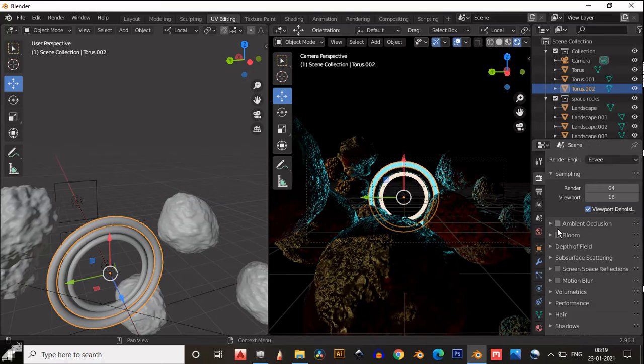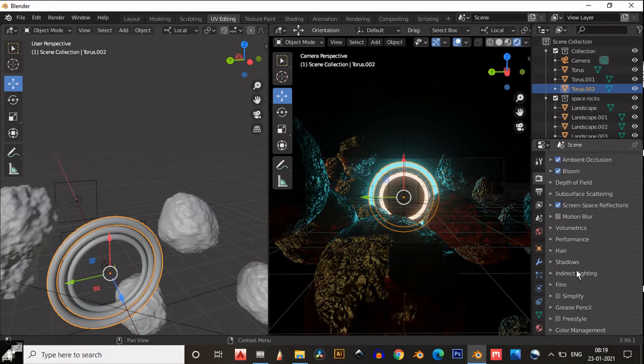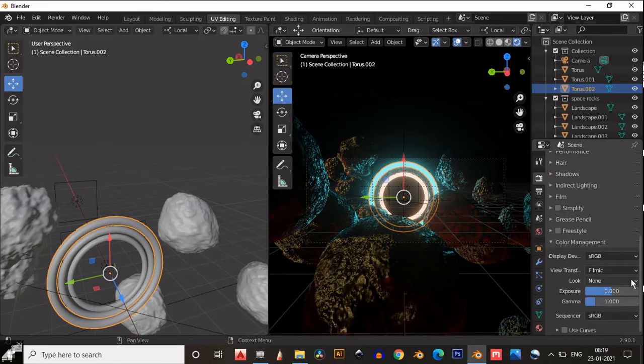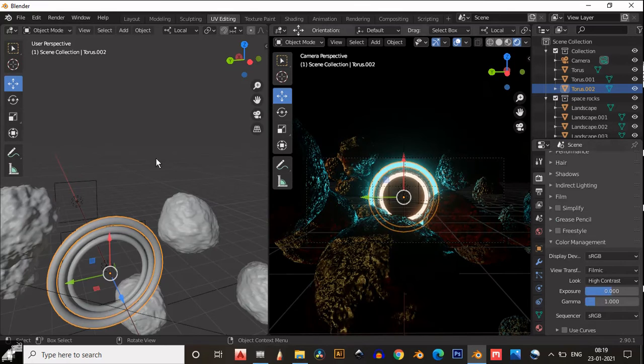Just turn on this ambient occlusion, bloom, screen space reflection, and then this motion blur also we can turn on, if you want, and this color management change to the high contrast. You can see